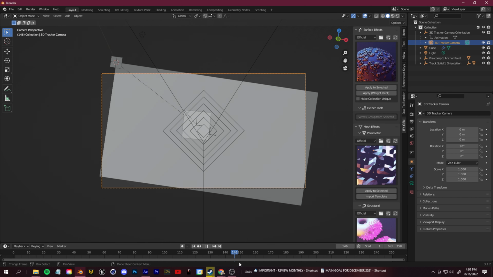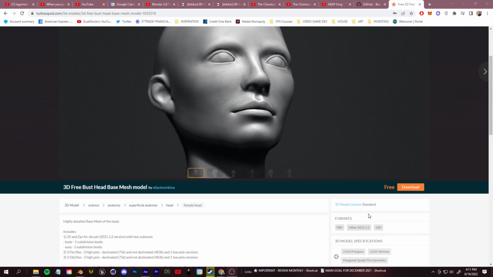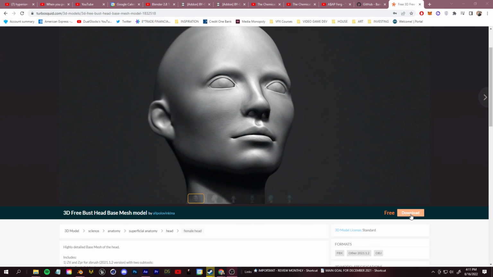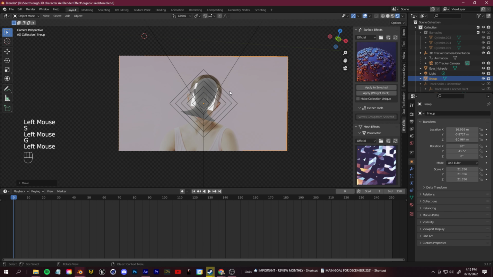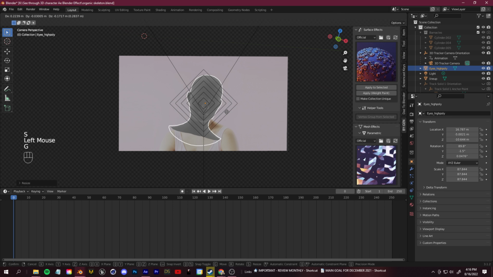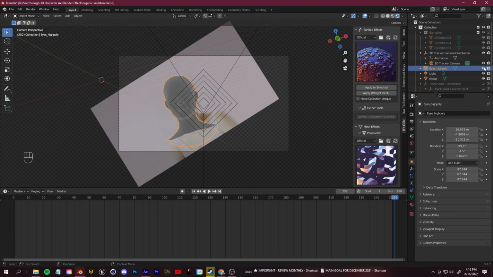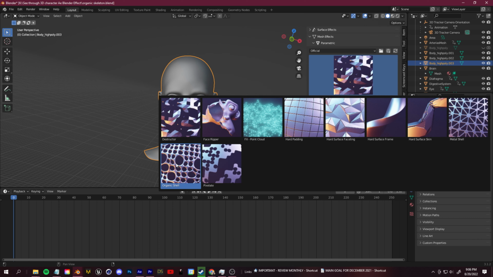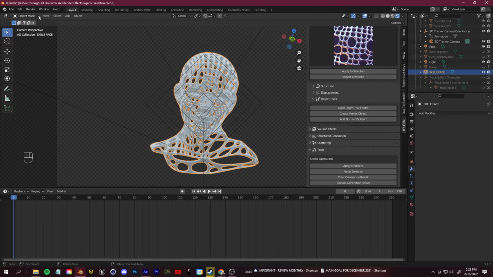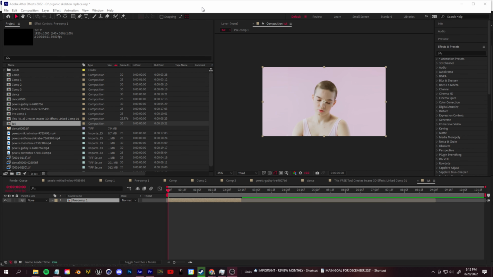So in Blender, I'm going to import in this female head model, which I downloaded for free from TurboSquid. Just like we composited everything before, I'll go ahead and load my footage back onto that plane so I can get a rough look of our reference footage, and then I'll position the female head over top of that track solid to try and get an accurate track. And I'll use that Bygen plugin just to give it that skeletal organic mesh. I'll go ahead and render that out and then pop back over into After Effects where we can do some